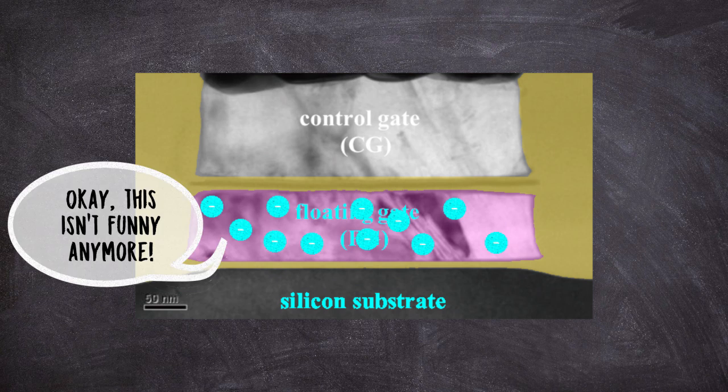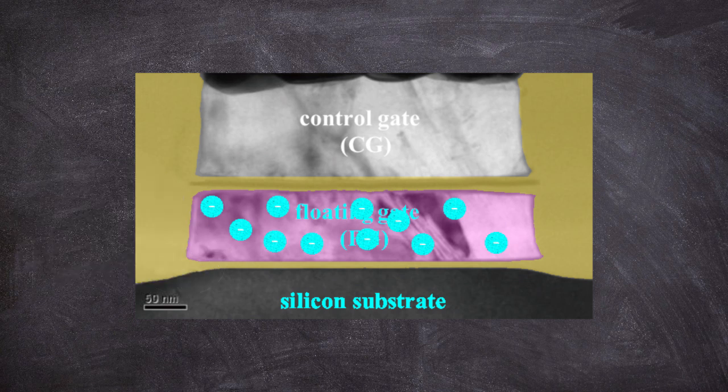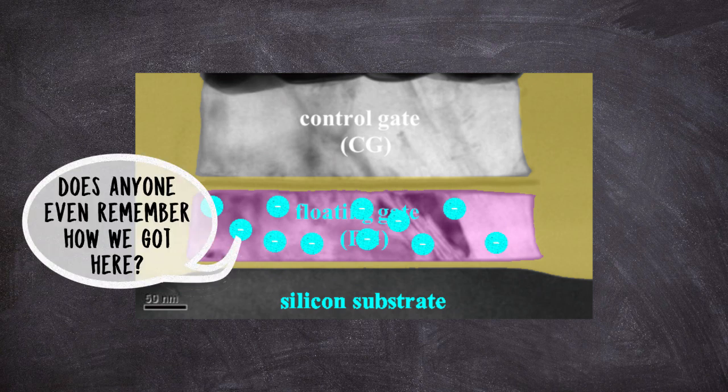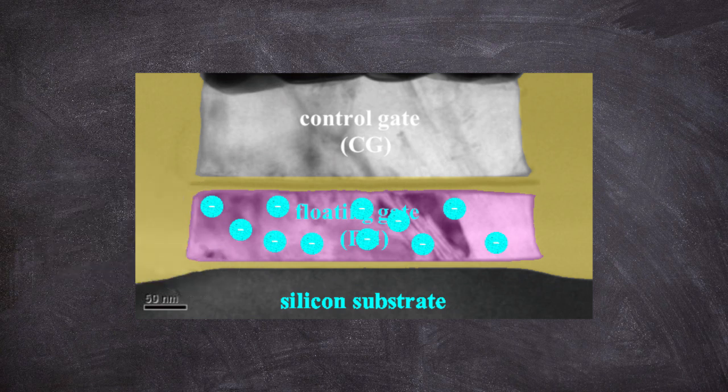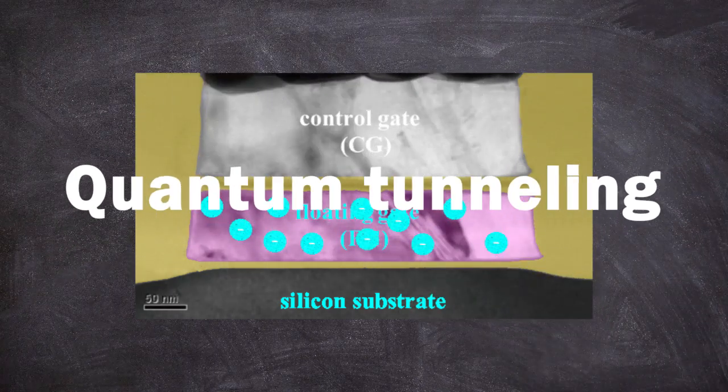If you turn the device off, the electrons are still trapped and they stay there, so when you turn your device back on later, your information is still stored. But given that, a very immediate question you might have is, if this floating gate is completely insulated from any wires or contacts, how do you even get electrons onto it or off of it in the first place? Well, through quantum tunneling.